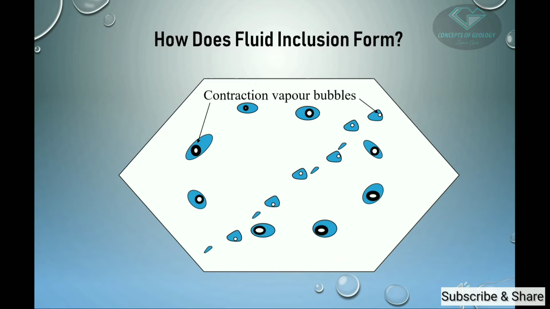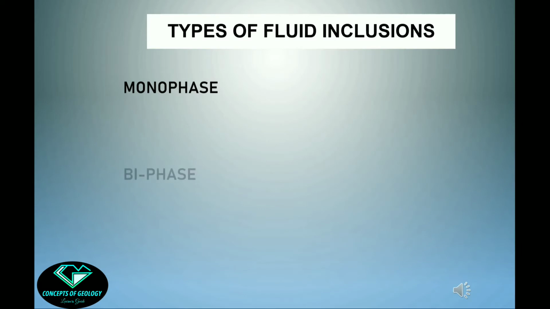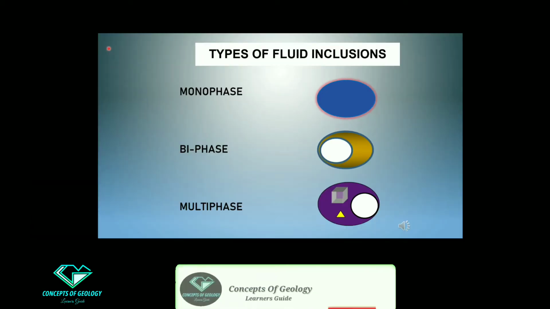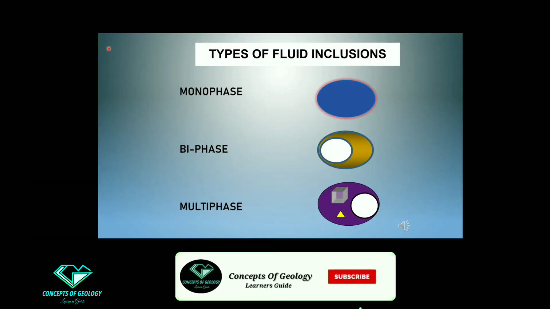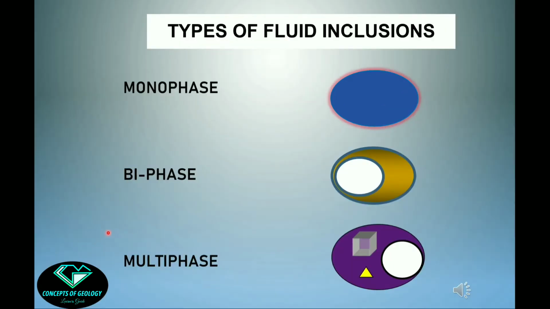So clearly we have three types of inclusions depending on the phase content. They are monophase, biphase and multiphase inclusions. Monophase inclusion is found before sufficient cooling, and after subsequent cooling some vapor phase comes out from the liquid, then we have a biphase inclusion. After more cooling, when some daughter crystals precipitate within the inclusion, we call it a multiphase inclusion.